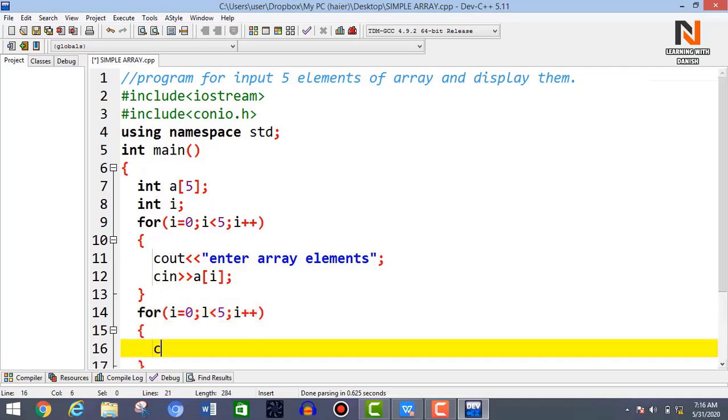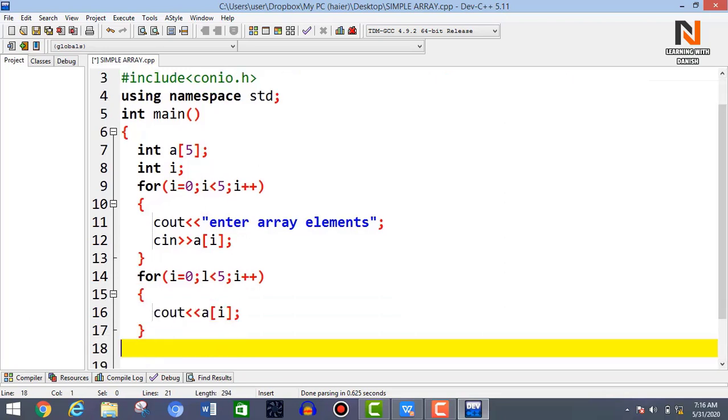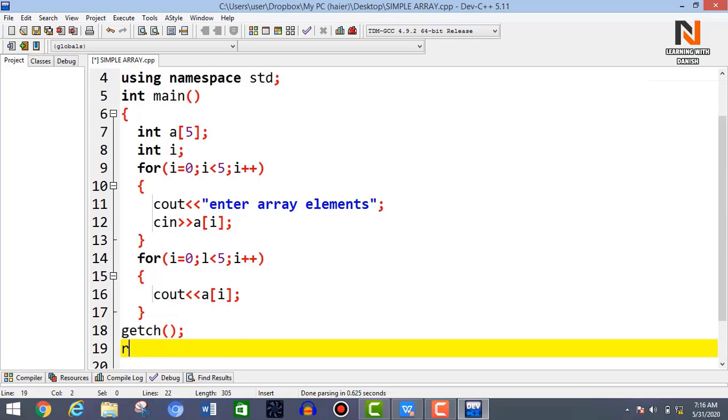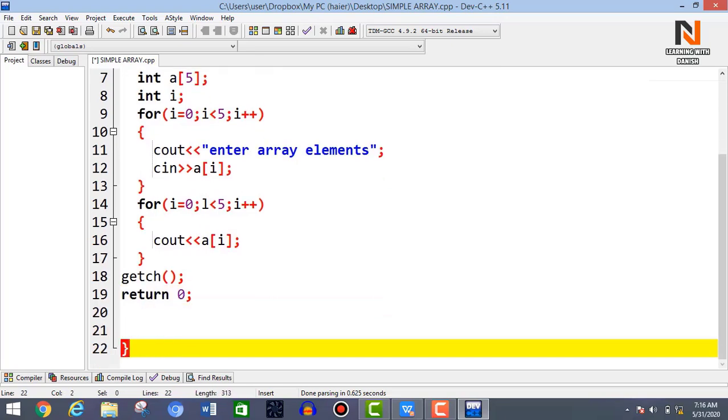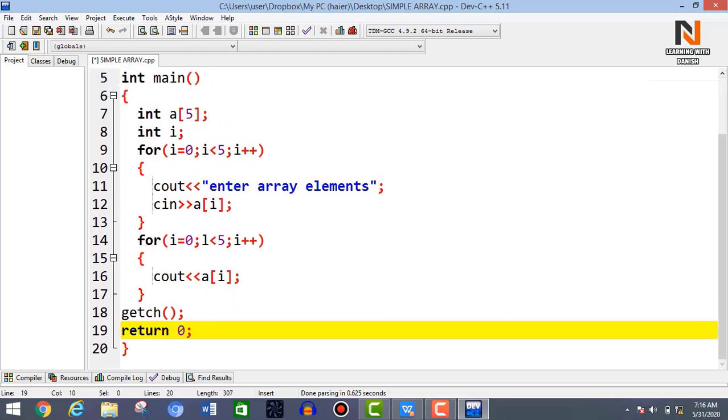Now you have to display array elements, so you use cout, and here you will display array elements, so use A, again brackets, and then I. Now use a semicolon. Use the getchar function, semicolon, and then below that you will use return 0, semicolon. Now you will compile it.